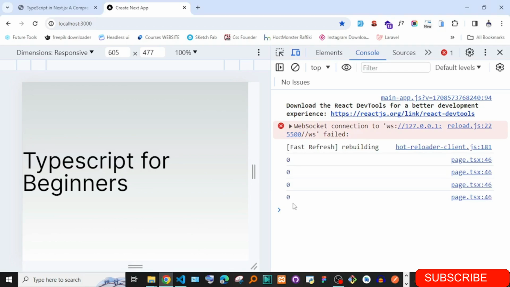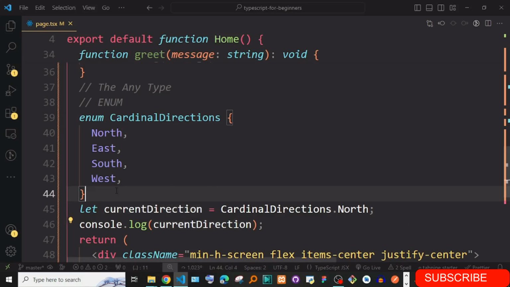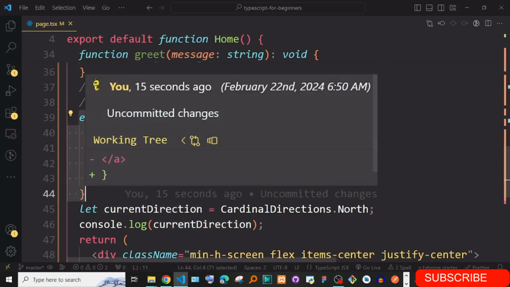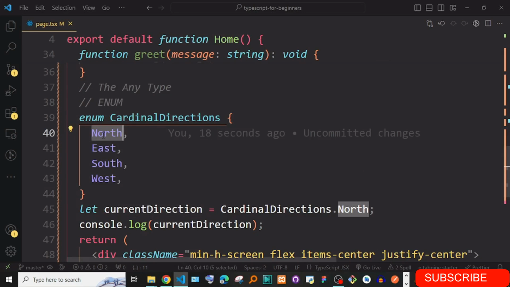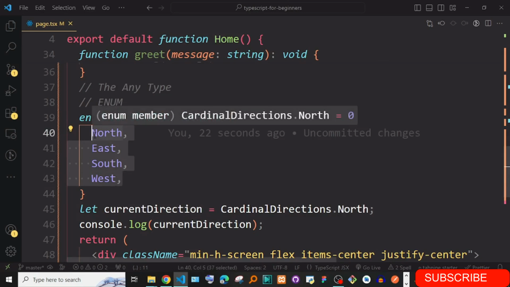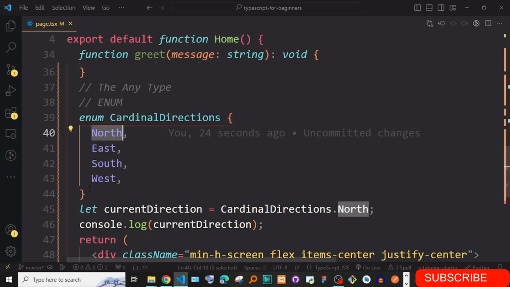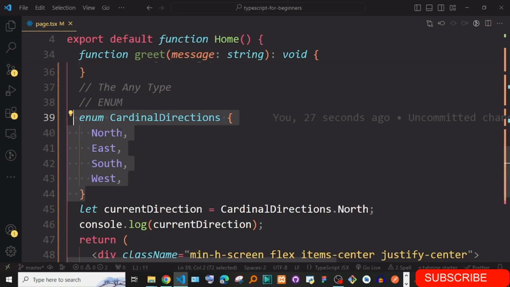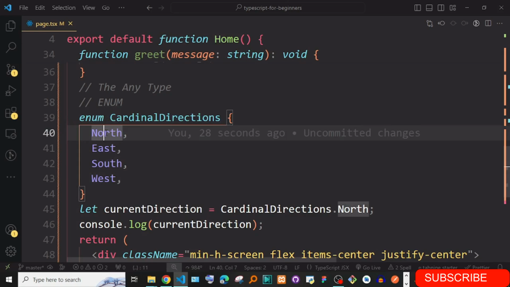Look at that, guys. We have 0. So what the heck is this 0? Because even me at first, I couldn't understand. I thought I have these choices, like if I say north, then it's just north. It turns out these are just like variables. They store some values in them. By default, when you create an enum, it starts from 0. This one will have a value of 0, then 1, 2, 3.